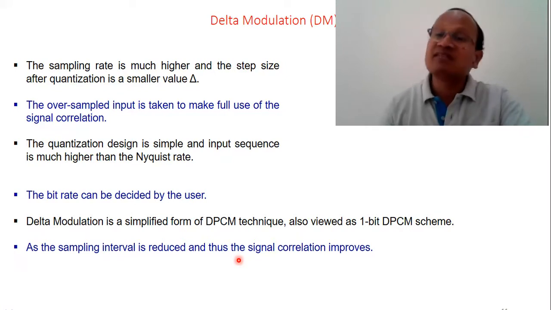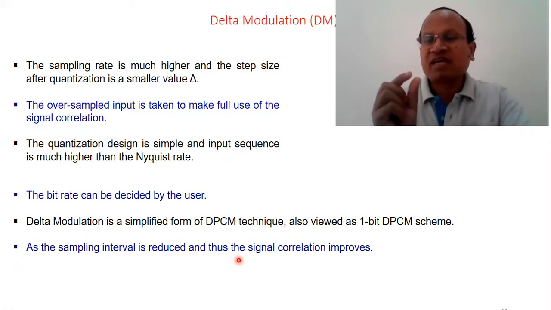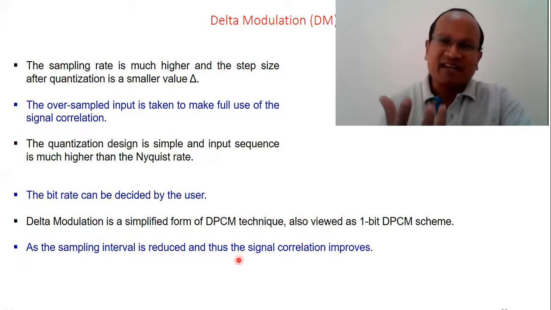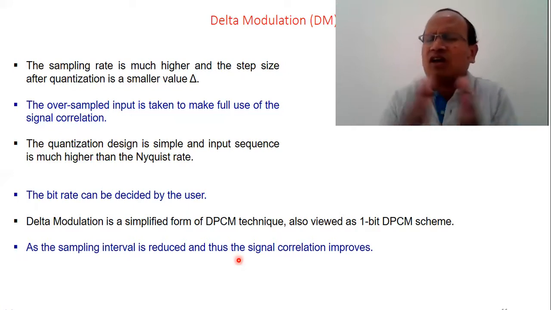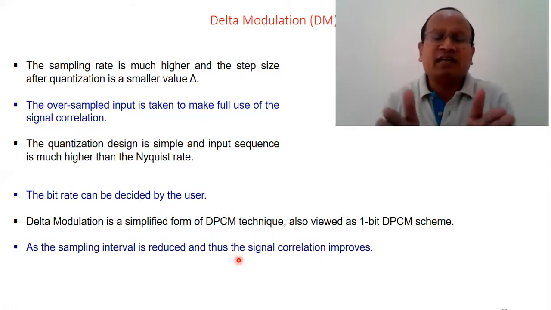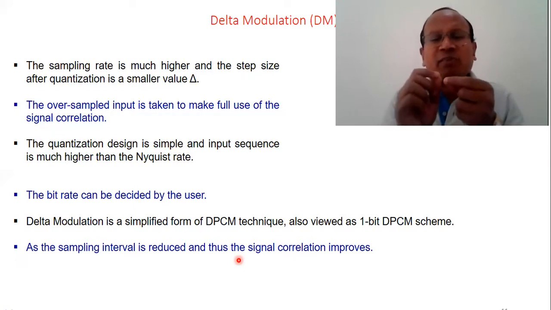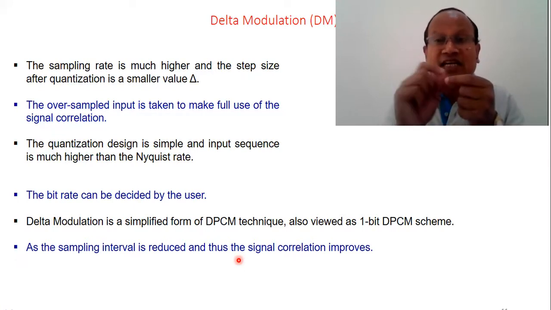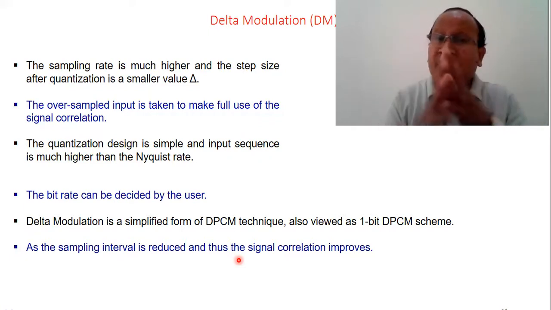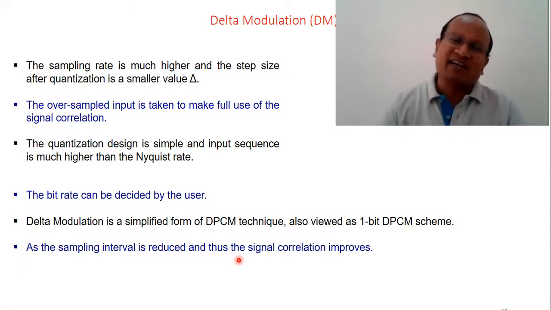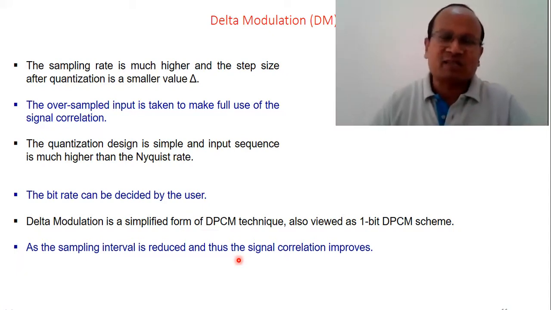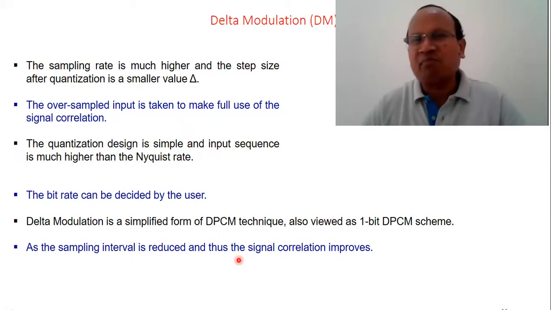Sampling frequency is high. It means the spacing between the two samples will reduce, because the time period will reduce, the sampling time will reduce. So the interval between the two samples is very less. There are hundreds of samples which are very near. So if you compare one sample with the incoming sample, the change will not be much because the sampling interval is so less. This is why they are highly correlated, and the correlation capability is exploited in the methods called DPCM and delta modulation.